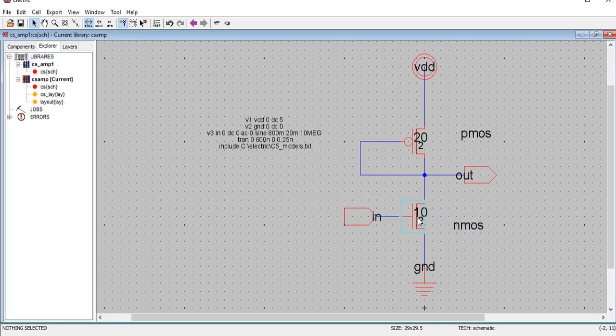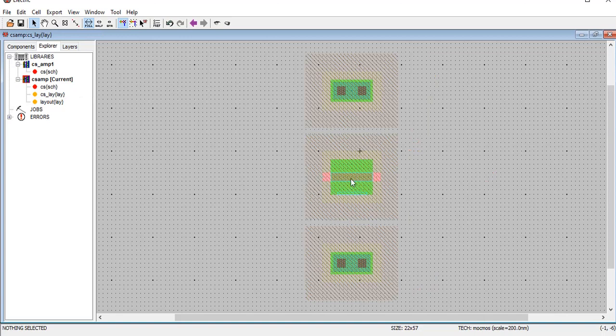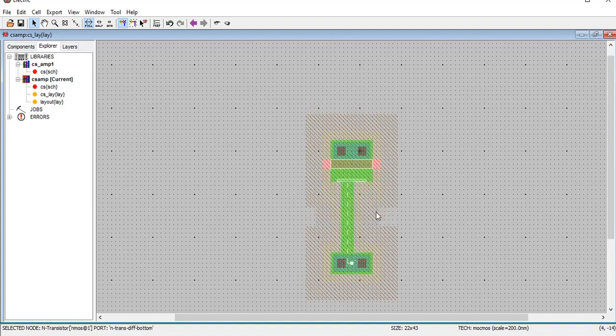The gate is now horizontally placed, which means the polysilicon, the red section, will be horizontally placed, and beside the red section you can see the active region. So I am going to join it: left click over here, come down, right click and push it down until they are close enough, and the similar action we are going to perform here as well.